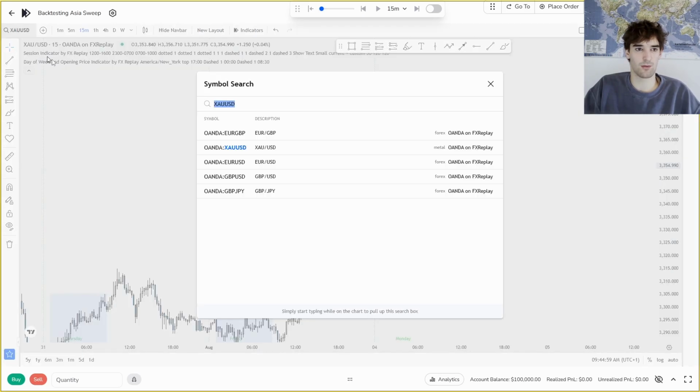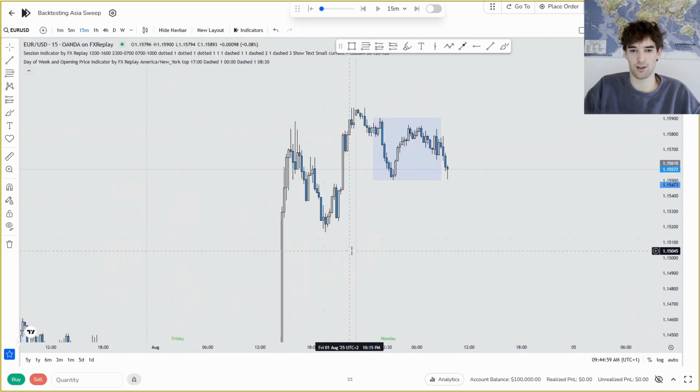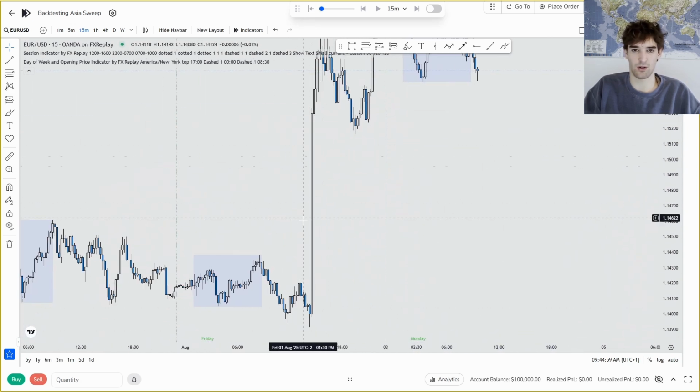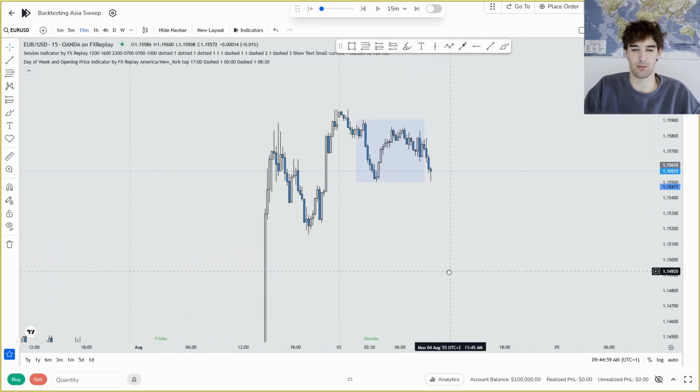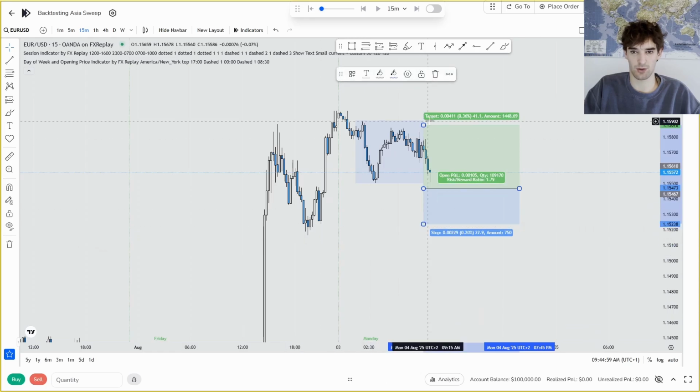Same for this one. On EU we do have a setup. The fact that this one is valid and there also is still a big fair value gap below is because there is a lot more structure in this low. We can see this higher high and then push up, creating this order block. So I would take this one, stops below this low,